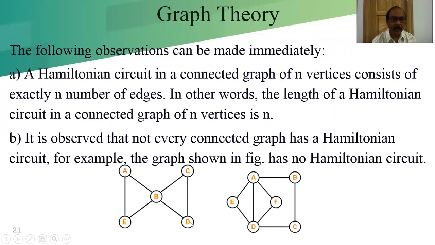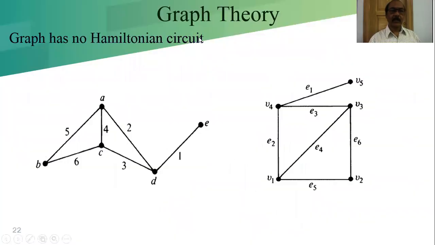If we start from this and move this way, now I reached, but I cannot reach. So two vertices are repeated twice. If we start from this, we go this way. Only the terminal vertices are repeated twice, but here if we reach here, two vertices repeat. So in this connected graph, there is no Hamiltonian circuit. In this case also, the graph has no Hamiltonian circuit.